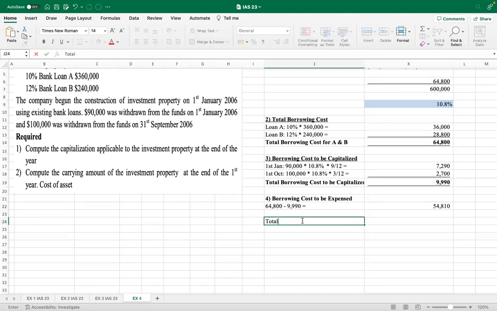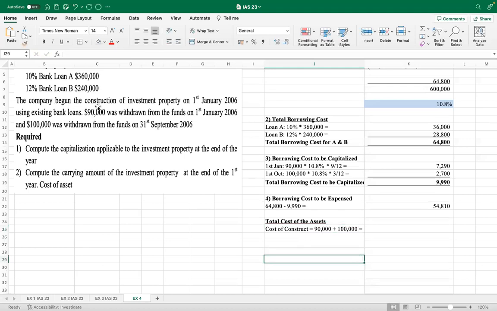Finally, total cost of the asset. How much so far has been used? It will enable us to calculate the total cost, so cost of construction. Cost of construction, we have so far only used 90,000 plus 100,000. So 90,000 is what was used in construction on 1st January and 100,000 what was used on 1st October. So the total is equal to